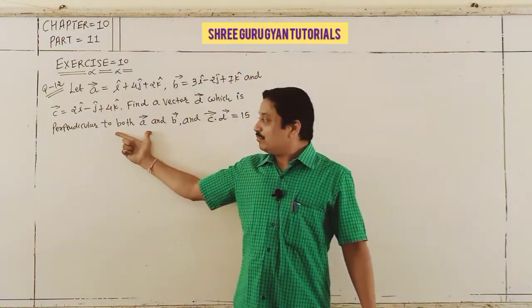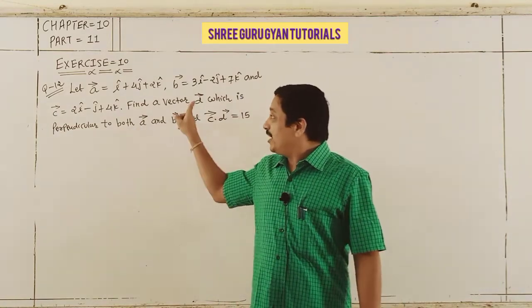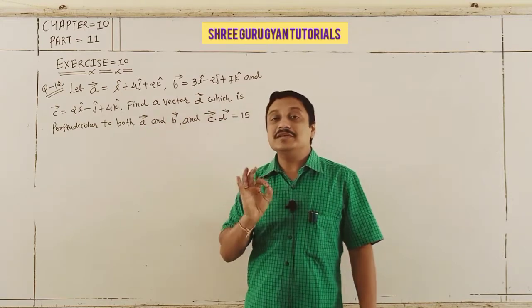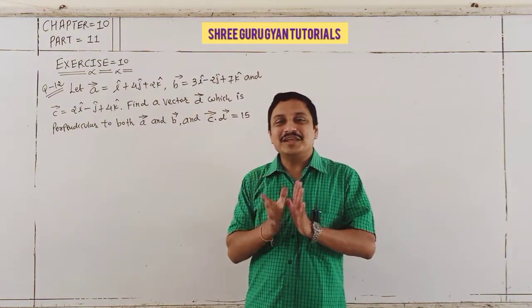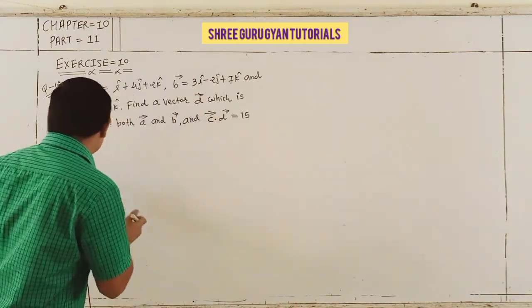Students, what is the meaning here? Perpendicular means the dot product is 0. That means D dot A is 0 and D dot B is 0, and easily you can get the value of D. So here I first assume, suppose